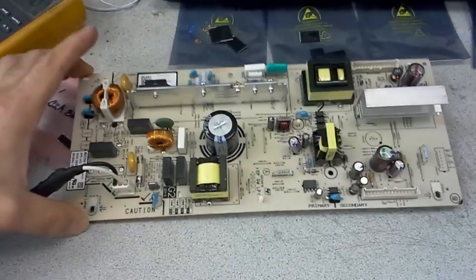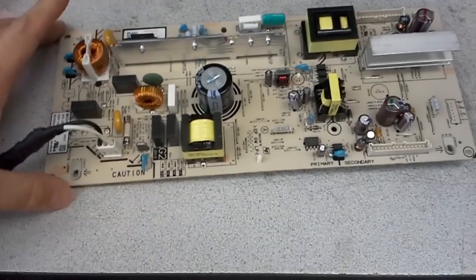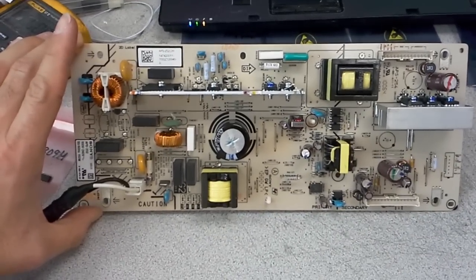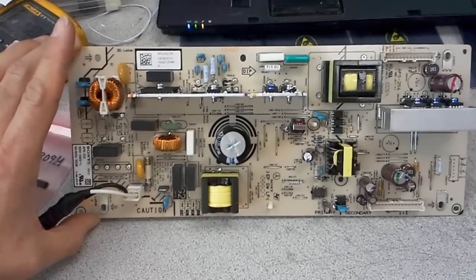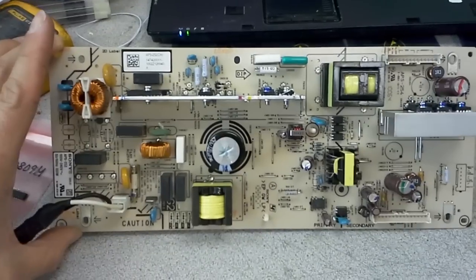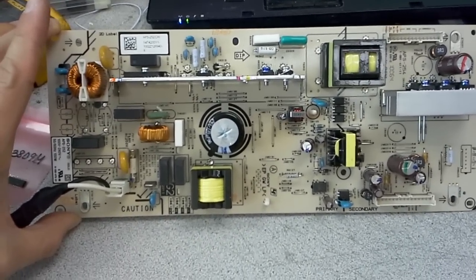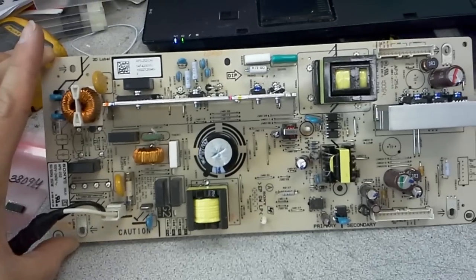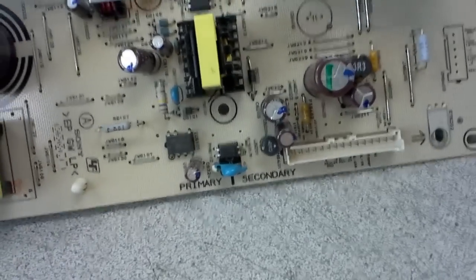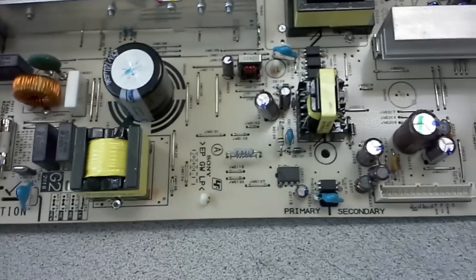We're a component level repairer. A lot of local TV repair technicians in the area bring us boards. Some TV repair centers from around the country send us boards. We don't always actually have the whole TV here. Sometimes we do, of course, but in this case, a local TV repair guy brought us the board suspecting that it doesn't work. I cannot tell you what the failure symptoms of the TV are because I have never seen it in the TV, but I can tell you that it's a relatively simple power supply board, and my guess is that the TV was responding to a power on